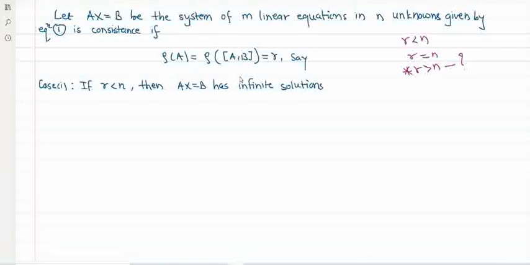Infinite solutions, and the parameters are given by, you have to identify the parameter. The number of parameters is given by n minus R, where n is the number of unknowns, R is